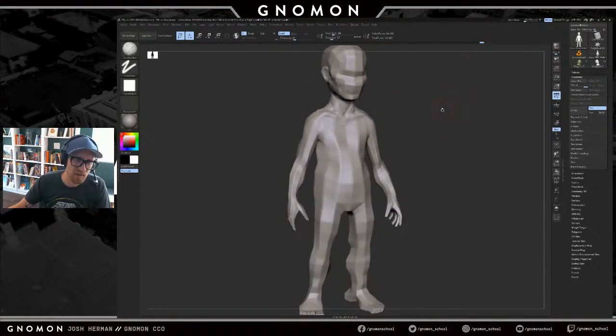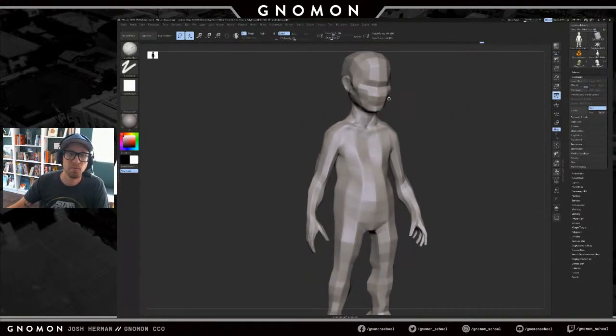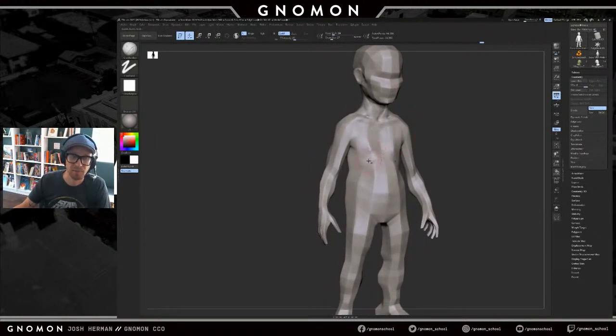This is a base mesh that is from an old modeling program called Silo. Silo is a modeling program probably from about 15 years ago, which doesn't really get used anymore. And so